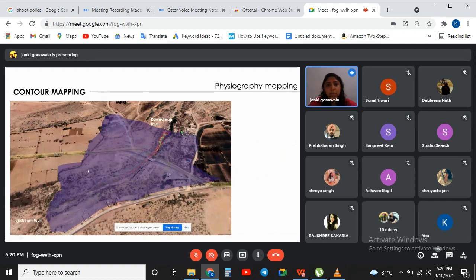So this was the image. This is the image in which you can see a lot of colors and contours. It is actually contour mapping done by me and overlapped on the site, because at the time there was no contour available for the understanding of this site. So I've been there many times and actually mapped all the contours to understand the drops and the heights